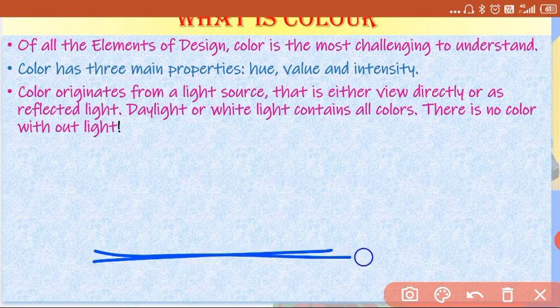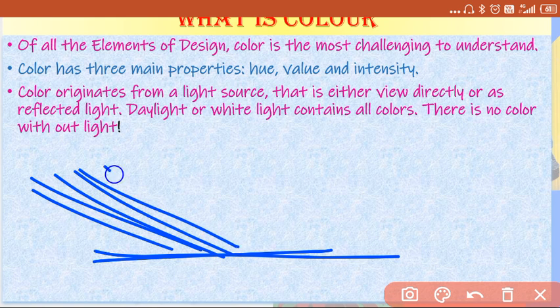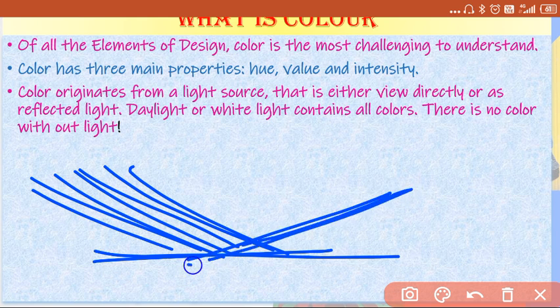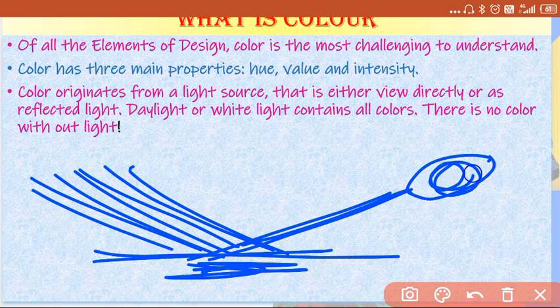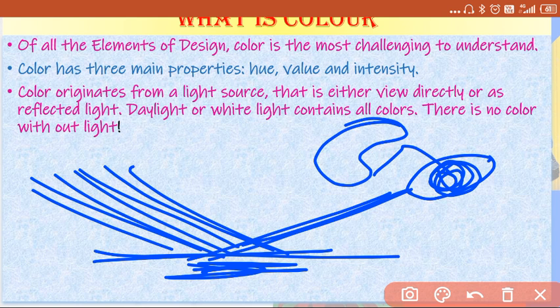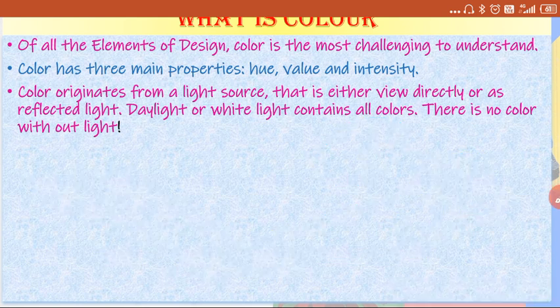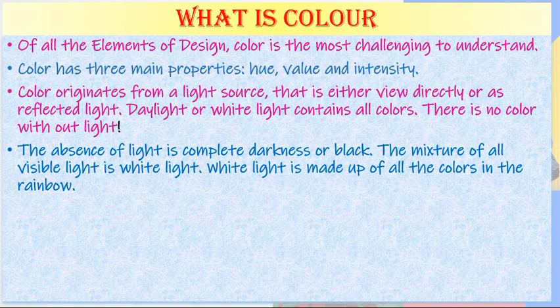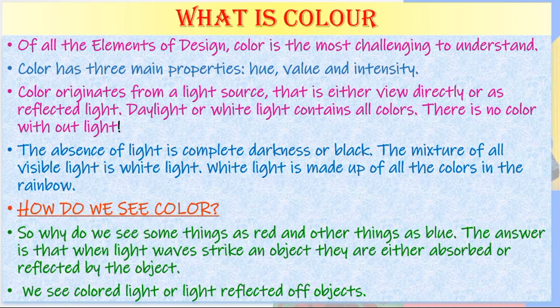Now, if you remember my last video, this is the surface, how do we see color? This is the color theory. This is white light consisting of all the 7 colors of different wavelengths. Some of it is reflected back. The rest is absorbed. Whatever is reflected back, that wavelength is perceived by the eye, which sends it to the brain. And here the brain is telling you this is the blue light. The light whichever is reflected is blue light. The absence of all light is darkness or black. That is why in darkness you don't see any color, and all light is white light.